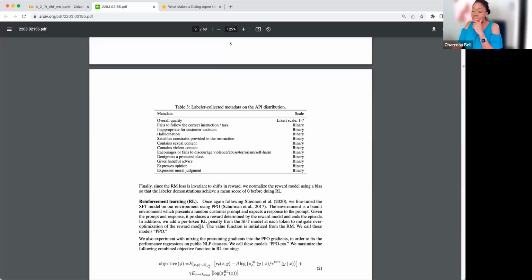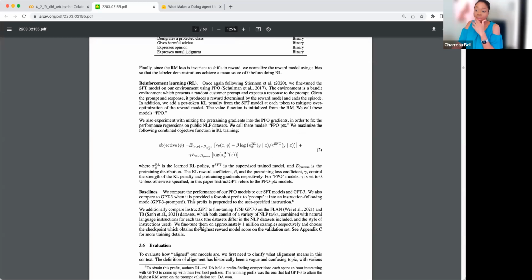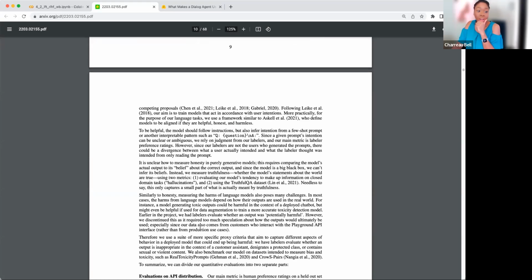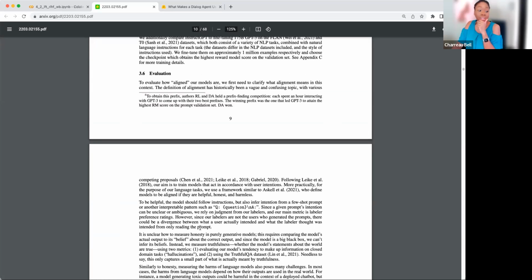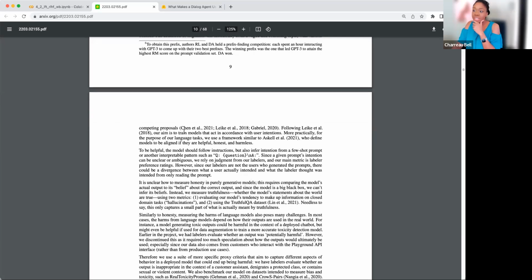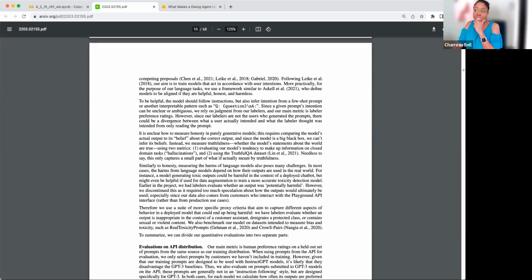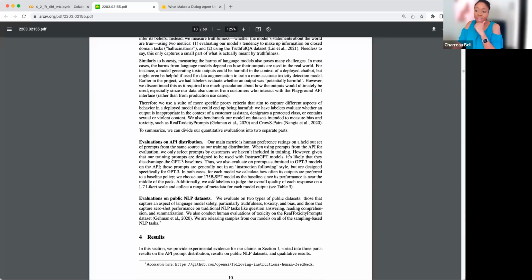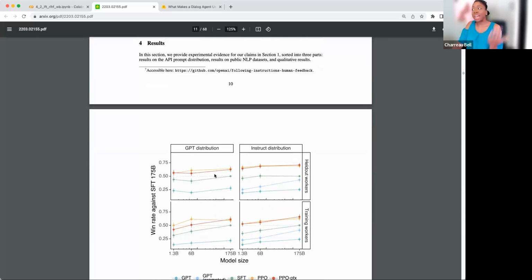This is a really great paper to guide your training of your models. Lastly, we can also see this evaluation. Here we are trying to figure out how the model is doing, because it's hard to have a real metric for this. This is the way that they choose to evaluate it, and we talked about honesty, harms, and things like that. You can see a lot of their results at the very end.